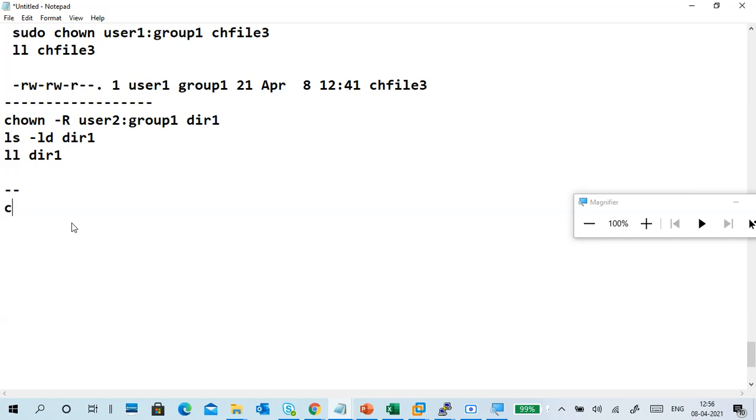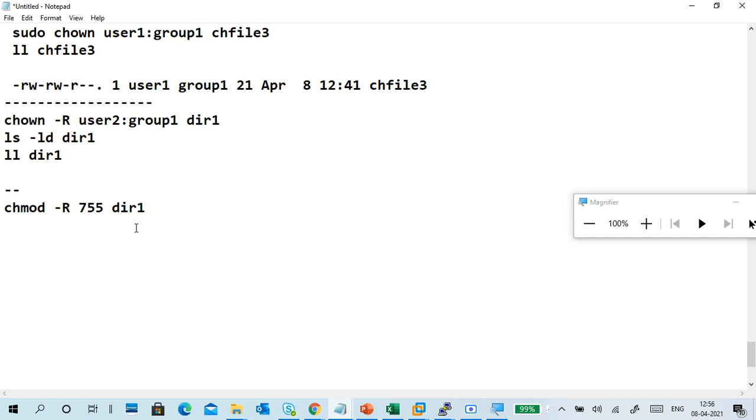Next the permission set also you can do, chmod -R 777 dir1, like this. Or 755, your wish.